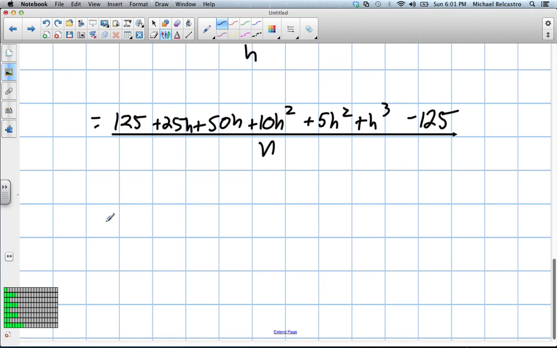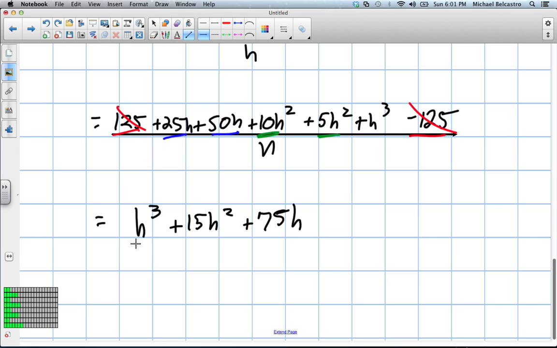And now we collect our like terms. Well, positive 125 and negative 125 make 0. Okay, so we know that like term's gone. H cubed has no like terms. With h cubed, we also had h squared, 10h plus 5h. So that's going to give us 15h squared. Right? And our other value, 50h plus 25h, is going to give us 75h, right? 75h divided by